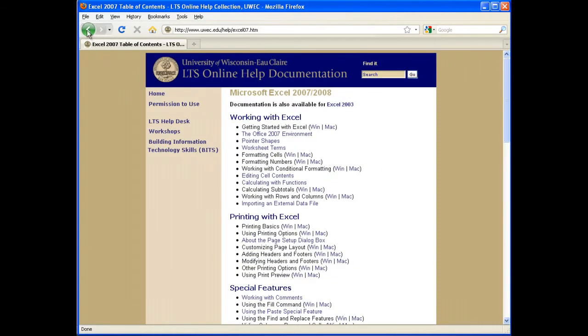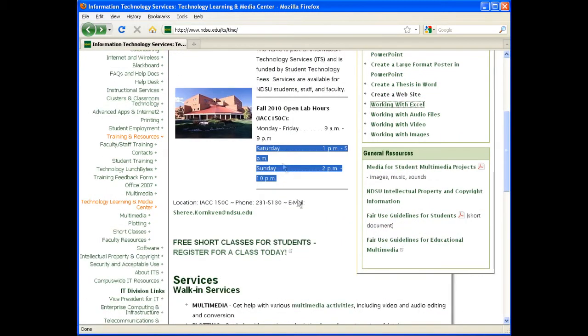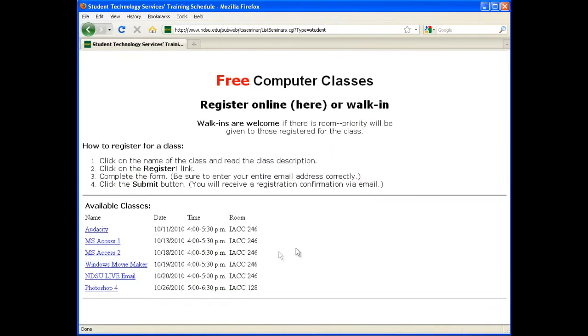Okay, I'm going to go back really quick. TLMC also has a few classes that they offer every semester. As this is the middle of the semester, they only have a few classes left, but they do have Excel, PowerPoint, Access, Photoshop, the main classes,